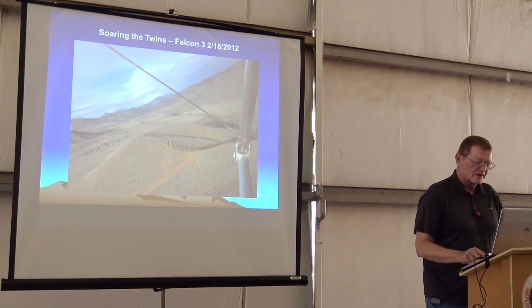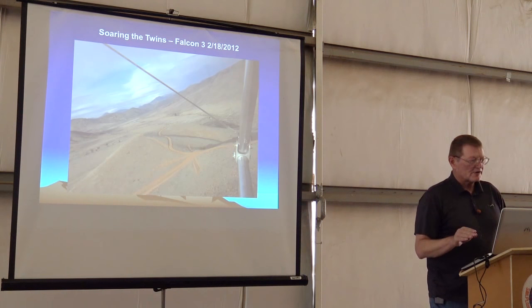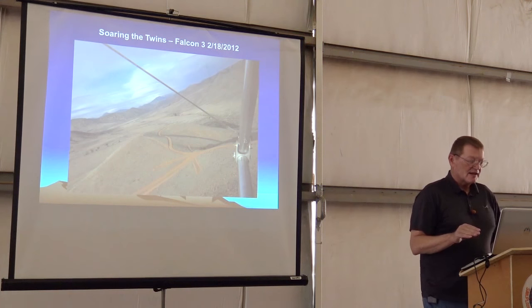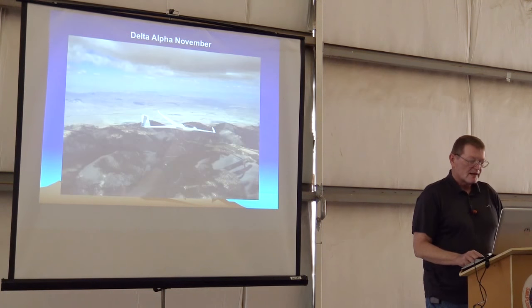Nice flying site. It's only 150 feet high on the smaller of the 2 knobs, and 200 feet on the higher. And we flew the Carbon Dragon there. We flew a bunch of other ultralight sailplanes there. It's got the ability to tow up, so I still like this hill. Okay,